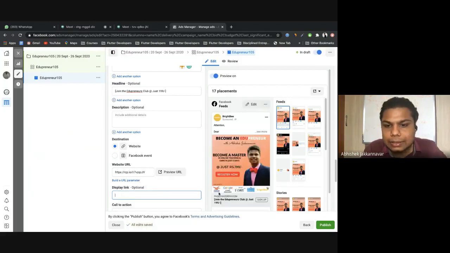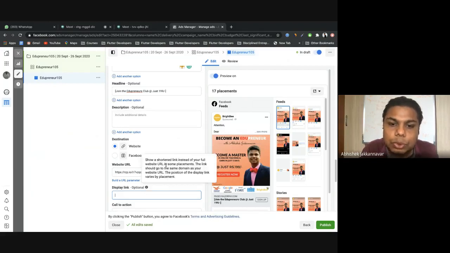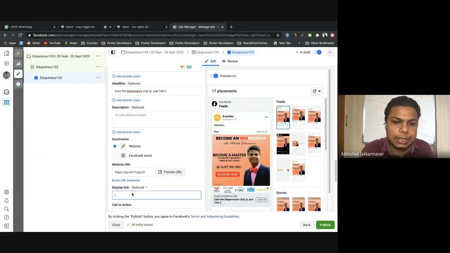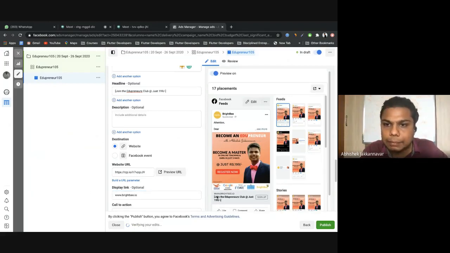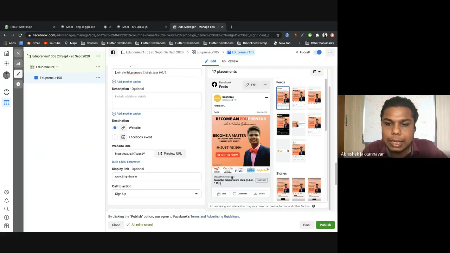so this page is not Razorpay, right? It doesn't feel so much connected. But what I want to show, I want to show it as Brightbee, but then I want to redirect them to a payment gateway, right? So I just change the display name. Okay, I change the display name to brightbee.io so that it shows that I own this website because this is Brightbee. Okay, and Brightbee connected, or else you are an educator of Brightbee.